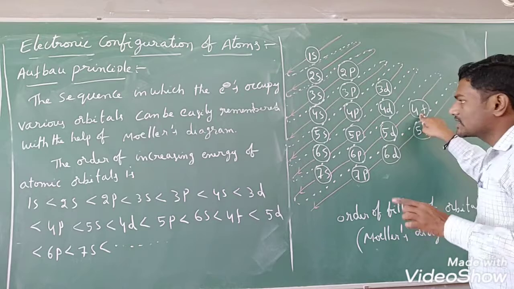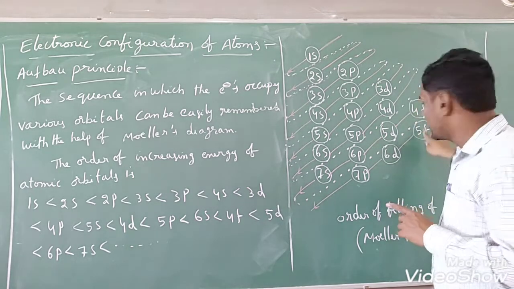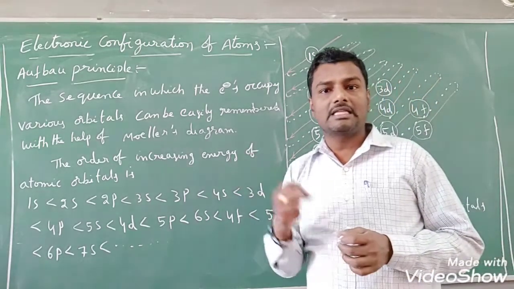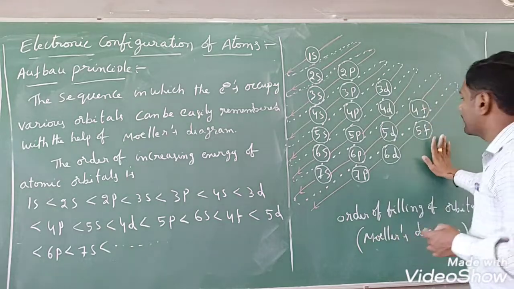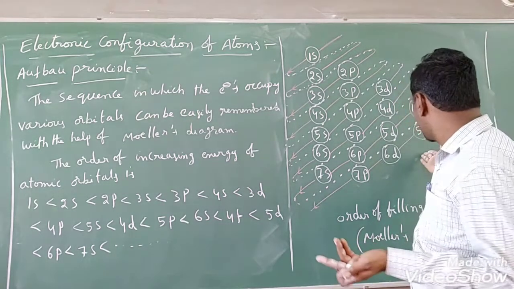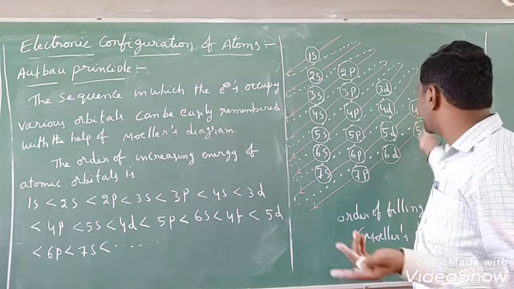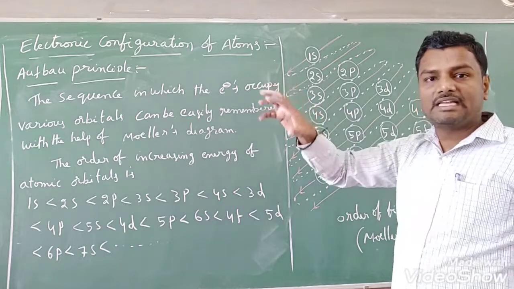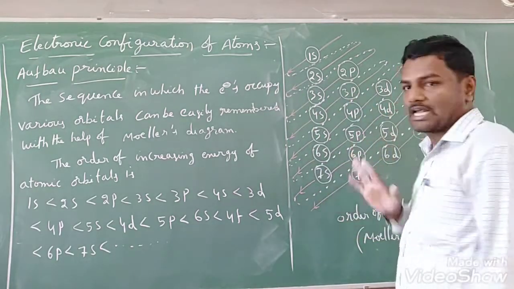Now the f subshell starts from the fourth shell. So from 4f onwards I have taken. And 5f only I have taken because we will not get 6f while writing the electronic configuration of various elements in the periodic table. So that's why I have taken 4f and 5f. If you want you can take more, that is your wish, but we will not use them. We are using only these orbitals while filling the electrons in the various elements. So that's why I have chosen only these orbitals.